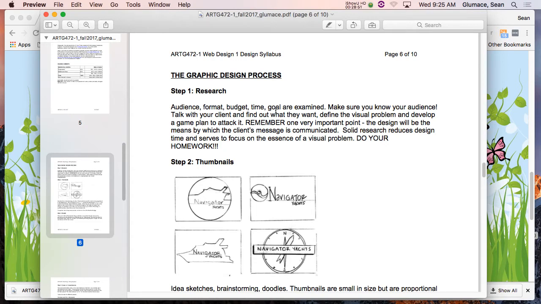So what is their audience? Is it something that they're going to mail out to people? Is it something they're going to hand out to people? Because let's say a Chinese restaurant, are they putting it in people's doors? If that's the case, maybe we do a door hanger. We don't do a trifold. We can do door hangers with them too. They punch it out and put it out there. So we'll just keep it simple. It's 8.5 by 11, trifold. We're good on that. We know the audience, which is the menu. It's something that goes out with all their stuff, so we know their audience as well.